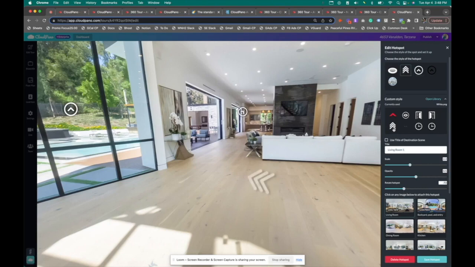Also, you can customize the style. So see how I add this little icon here? I have some custom styles I've used in the past. So I can customize the hotspot to be whatever I want it to be and however I want it